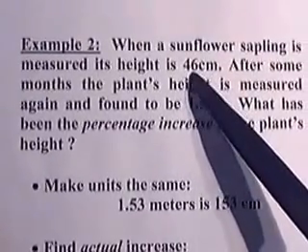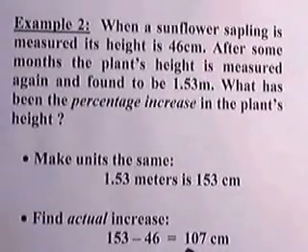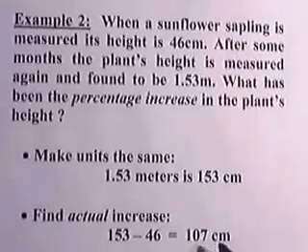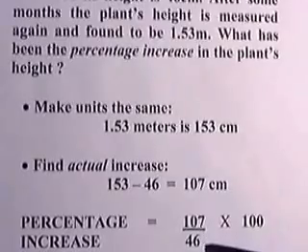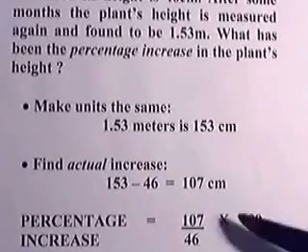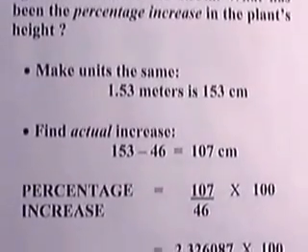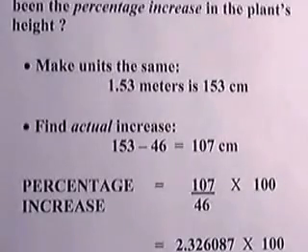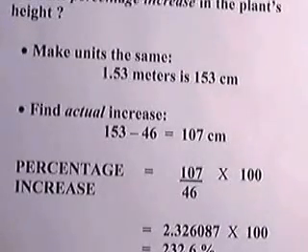Now we find the actual increase. It's gone from 46 to 153 centimeters, so we take them away. It's grown by 107 centimeters. So the percentage increase is the actual increase divided by the original value, 46 centimeters, times 100. Well, this comes to the decimal 2.326087, times by 100, and you get